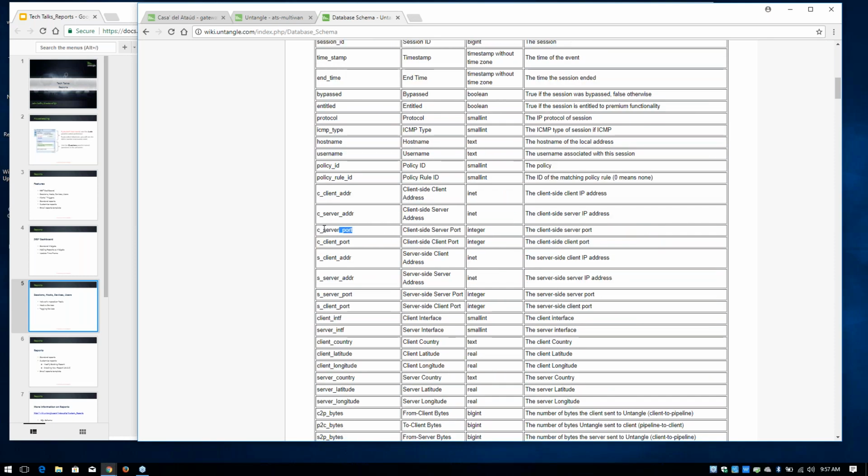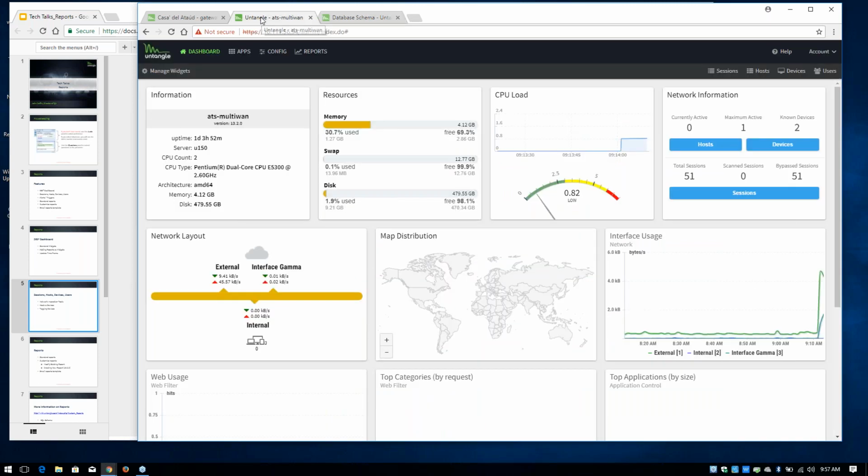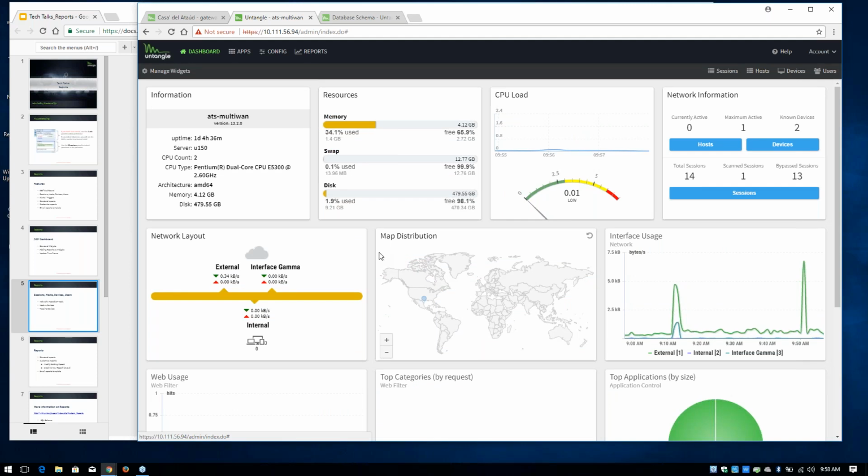So with this segue about where the databases are, let me show you a little bit of advanced features that we're going to be having in our next version. So this is 13.2, which is not released yet. So we're going to make it even easier, because right now the problem is,